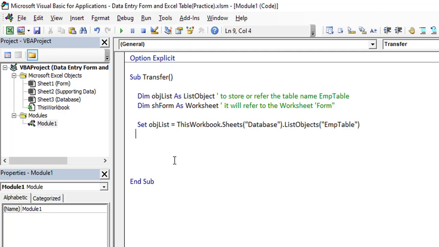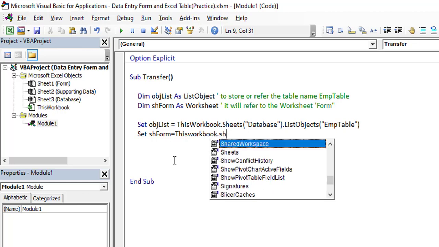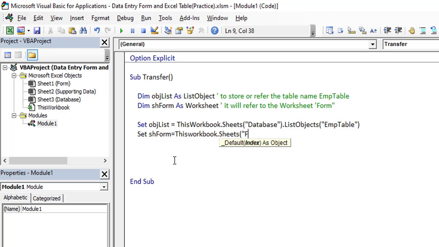Let's set the sh form, and this should be this workbook dot sheets, and the sheet name would be form. So we are referring to this particular worksheet. Now we are done with the set keywords. So let's check whether the table has any record or not. To do that, if